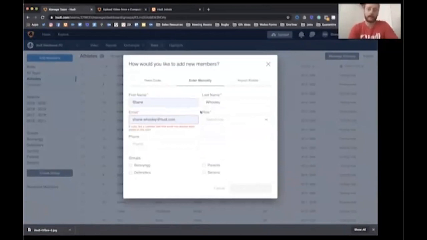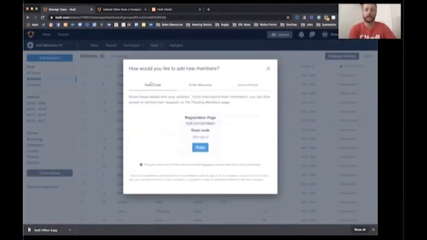All of you who haven't previously had access to Huddle, I will go through this exact process in order to add you. So you'll go through the process of signing up that anybody else who you add will go through as well. That's enter manually. There are 2 other ways. You can send a team code. If you've got a WhatsApp group or a Facebook group or something, you can just send the team this link, which they can click on and enter this code to then fill in the details themselves. They'll just fill in their own information, and then they'll have access to the account.